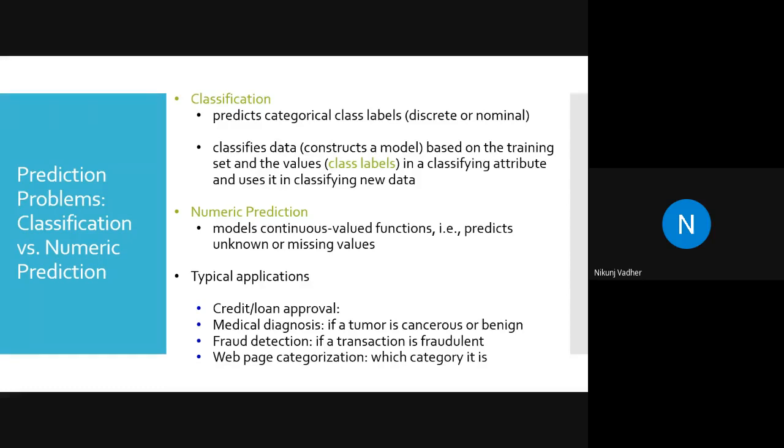Web page categorization is an example of classification, and it is part of SEO, search engine optimization. They will look at the meta tag in your HTML page, and if you mention proper keywords in the meta tag, then they will categorize your page into certain categories. That's why a good developer will always ask you to provide the keywords for each page. They will put those keywords in the meta tag, so your page will have a higher ranking in Google search.